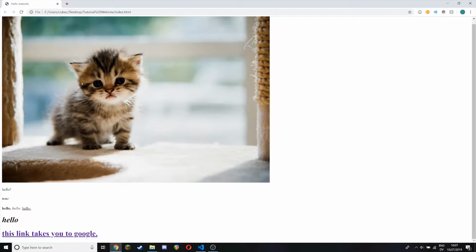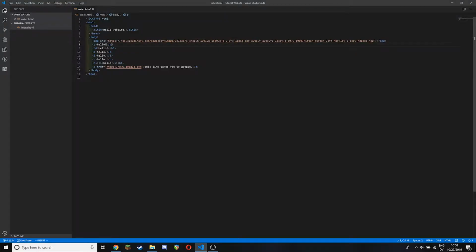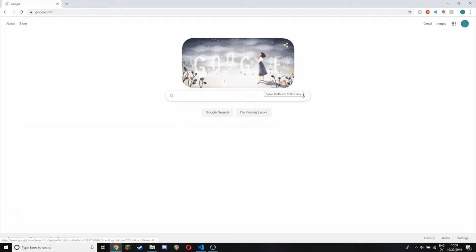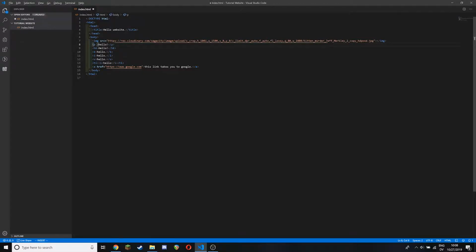You can see we had this kitten that we put on here the last video, as well as various ways you can modify text using just HTML tags. You can see we have these sorts of things, and a link that will bring you to google.com. In order to use CSS, there are a few ways to do it, but the most basic way is